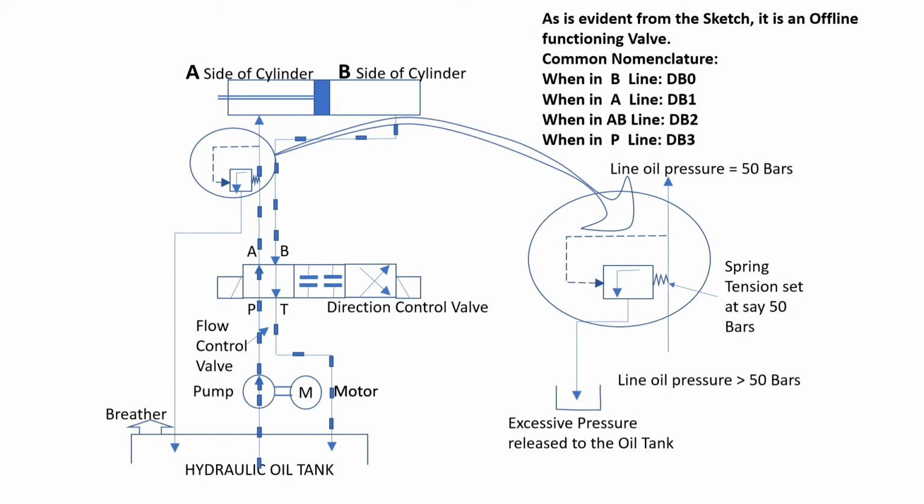This is it. So you can see on top there's a hydraulic cylinder. Each side of the cylinder has been named A and B side. Now you can see the direction control valve symbol, in which on first solenoid operation the P or pump line is connected to the A line. Now here in the A line only we have fixed the pressure control valve or pressure relief valve. So you can see the pressure relief valve is an offline functioning valve. That means the galleries are directly open from P to A, and in this